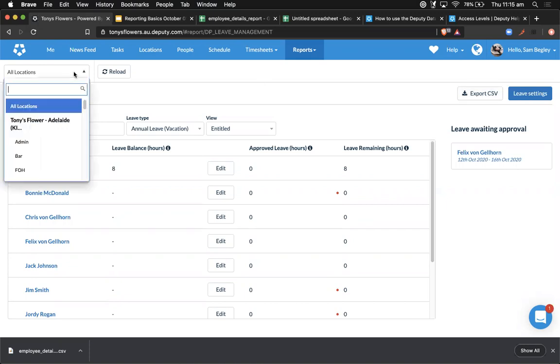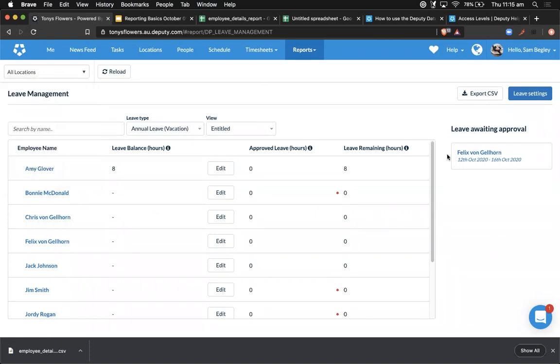And just so you know, another one that you've got is the ability to change the filter for the locations if you just wanted to think about it on a location basis. So this is really important because it's not only going to allow you to edit the leave balances of what people have to play with, it'll also show you upcoming leave awaiting approval as well, which will affect leave balances,